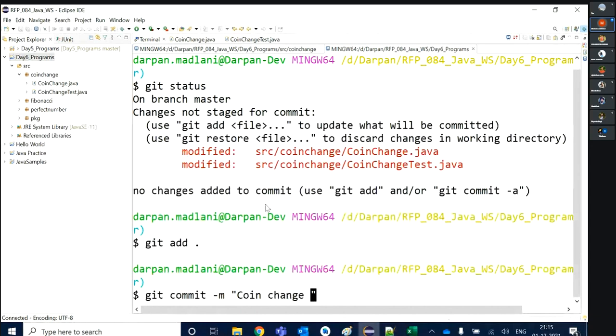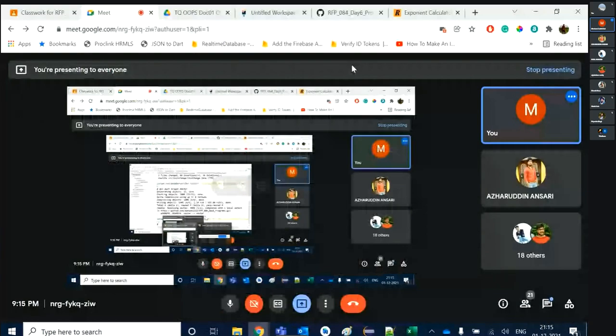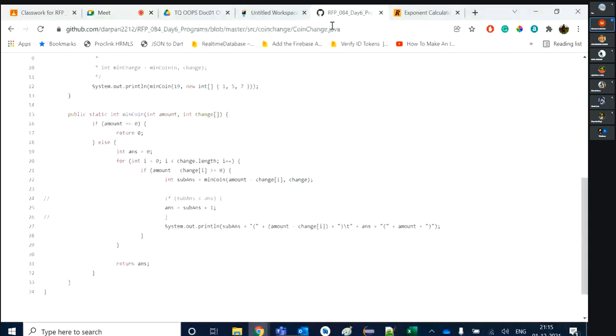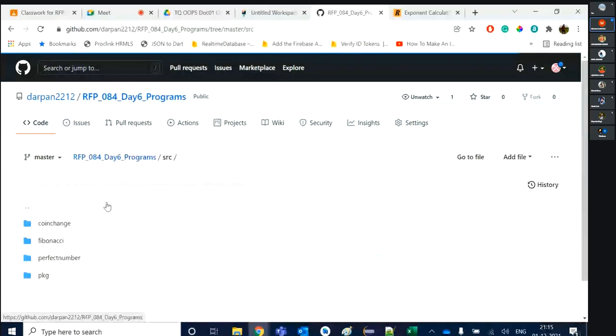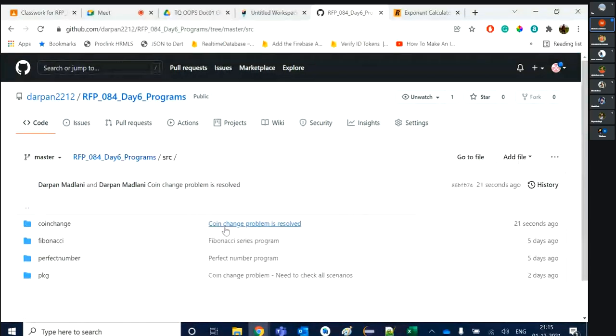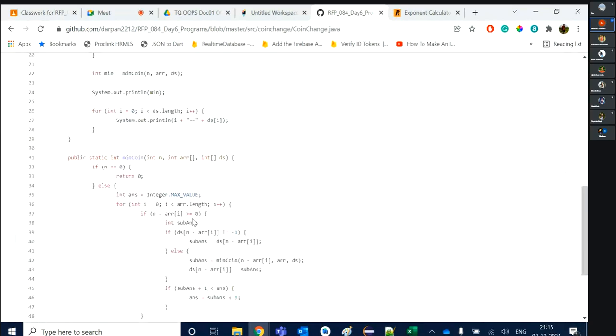Okay, and then git push origin master. That commit message is appearing here 21 seconds ago. So git push is working fine.